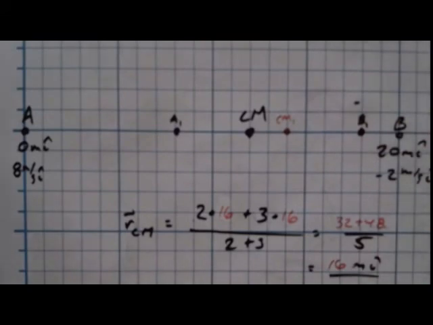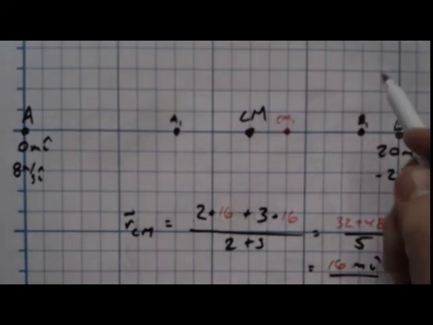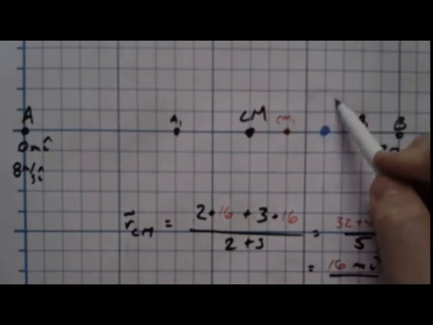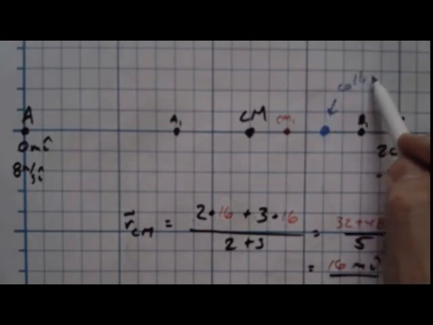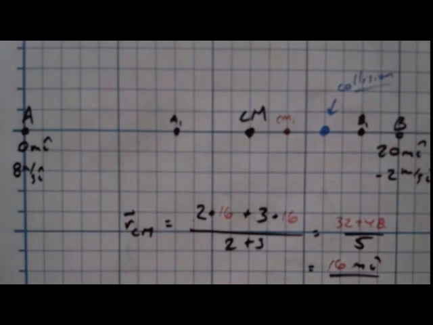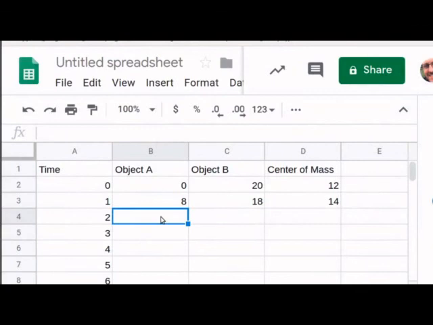Let me put that in a different color again. The collision is going to happen right there. And at that moment, at time 2 seconds, object A, object B, and the center of mass will all be in the same place. So let me go back over the spreadsheet and record that. At time 2, it's going to be 16, and 16, and 16. So far, it seems like the center of mass has moved